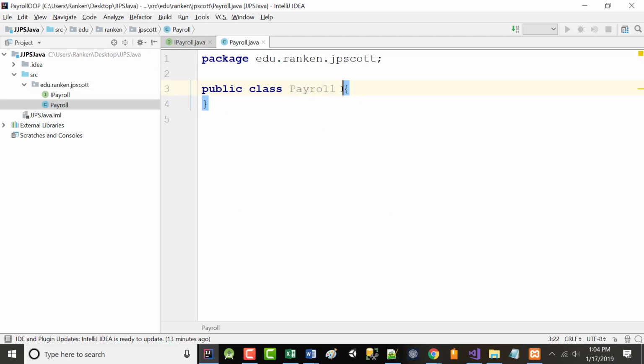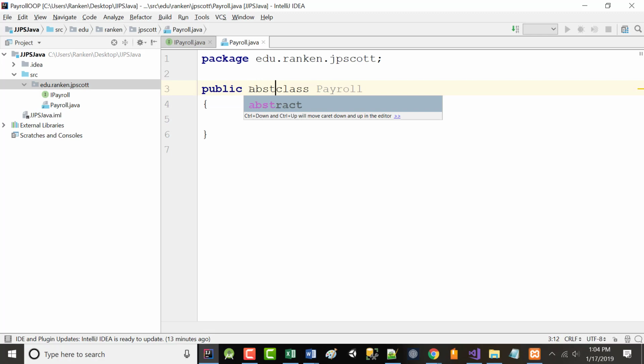It's called payroll. The first thing we're going to do is we're going to change this. Look at the screen, please. We want to make this an abstract class. So put the word abstract in there. What that means is you cannot create an object from it. Did you hear what I said? So I mentioned to you yesterday, we're going to create a level 2 hierarchy. So right now, forget about the interface. Now we're doing payroll. And what we're going to get, it'll actually just be a level 1, I guess.